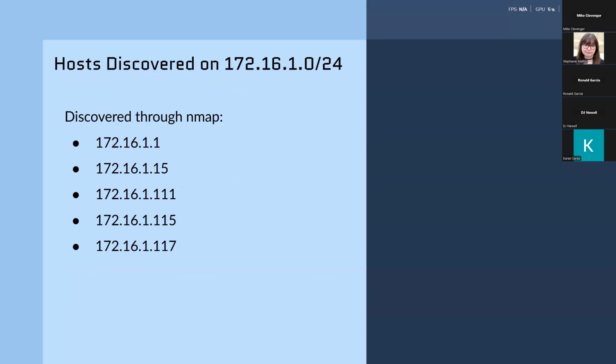Hello, everyone. My name is Karun Rao, and today I'll be going through my analysis and findings on the 172.16.1.0 network, which was assigned to me by Michael as part of our network reconnaissance and vulnerability assessment. I started off by running an Nmap ARP scan on the subnet 172.16.1.0. ARP scans are especially useful on local networks because they use Address Resolution Protocol to identify active hosts even when firewall rules might block typical ping requests.